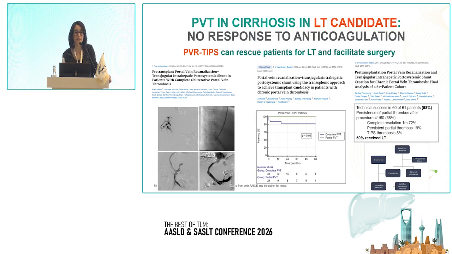Here, when we do decide to do interventional radiology, that usually is when we have one of these thrombosis that is progressing, or when we cannot use anticoagulation, especially in those patients with very low platelet count. Here, interventional radiology is very useful and can help us